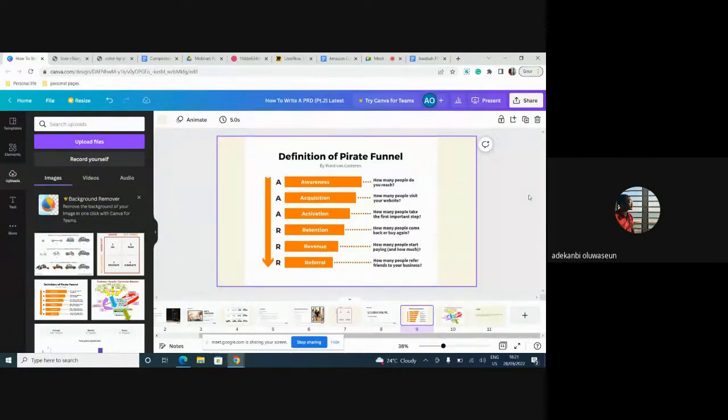What this means is that as users move from the top of the funnel down to the bottom, there is always going to be a churn rate. You're always going to have drop-offs. So when you attend a meeting and they ask how come you have 10,000 people that signed up, but only 500 people that are paying, you are now able to tell them, okay, let me go and look at my funnel. Let me understand where the drop-off is coming from, and then let me know what I need to do.